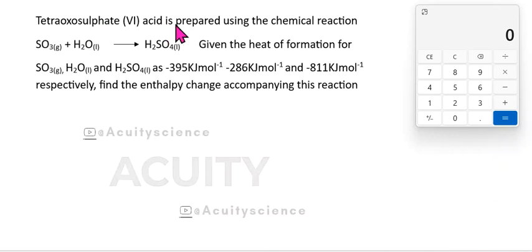Tetraoxosulfate 6 acid is prepared using the chemical reaction: trioxosulfate plus water giving tetraoxosulfate 6. Given the heat of formation for trioxosulfate, water, and sulfuric acid as these, respectively, find the enthalpy change accompanying this reaction. Well, according to Hess's law, the enthalpy change